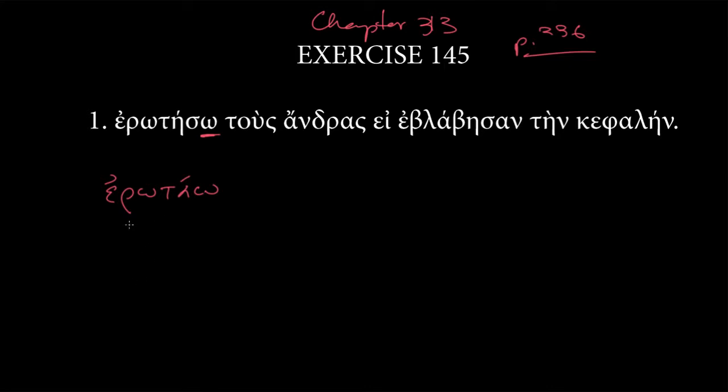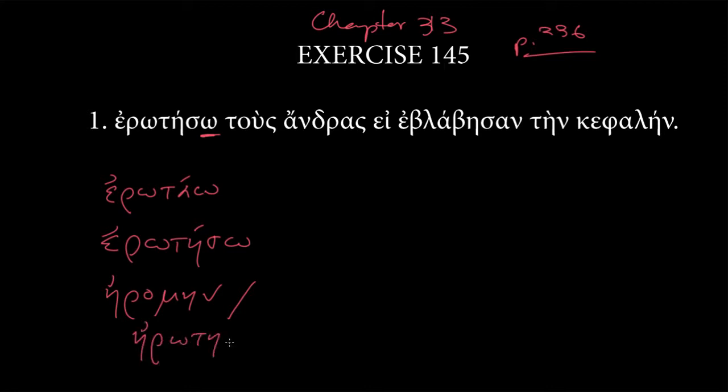This is a good little excuse to take a moment. And then we have our second principal part, erōtēsō, which you might be saying, well, Al, we just solved it. It's obviously future here. Well, wait just a second. We could have ērómēn, which is one of these deponent aorists, or also ērōtēsa. So you say, well, that doesn't really look quite like this, Al, but you would say, all right, so this is aorist, this is our third principal part, and these are all indicative, right?